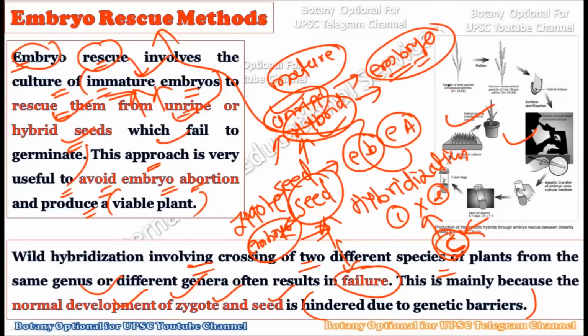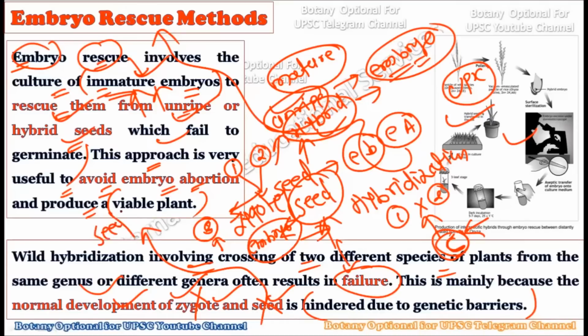Please remember, UPSC always tries to connect two topics, that is, how we can use embryo rescue methods in plant hybridization techniques. This question can be framed in the UPSC mains examination. So here you should understand that while doing hybridization, the two different species either belong to the same genus or to different genera, but the majority of the time the result of this hybridization is not viable. And why is it not viable? Because either the zygote failed or the seed failed. If the seed fails, then in such a case we can apply the technique of embryo rescue. We can extract the embryo out of this seed and grow it in the plant tissue culture laboratory to create that hybridized plant.